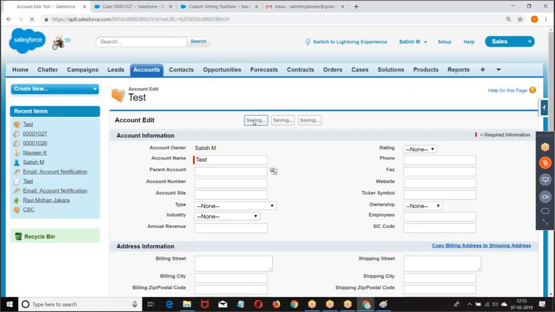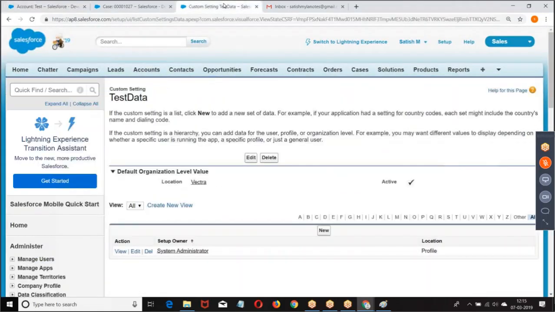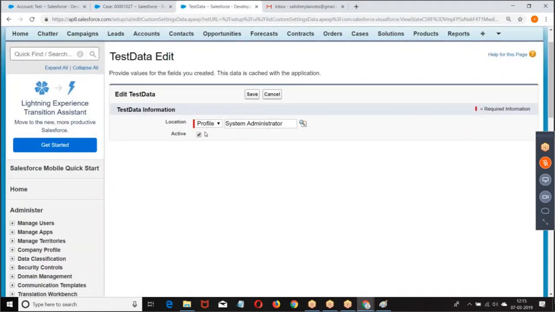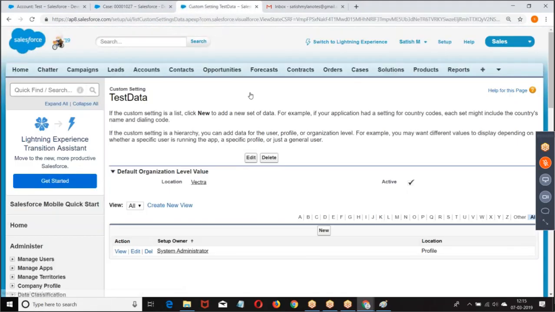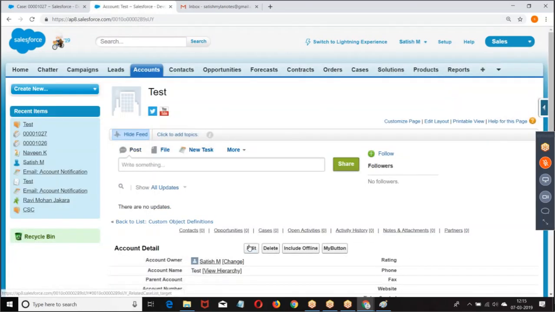Edit. Save it. Not enabled here. Edit, administrator. Go back to the record again. Account, test, edit.